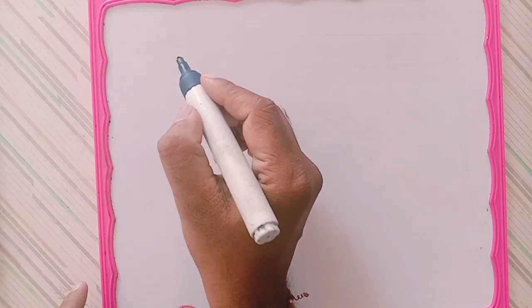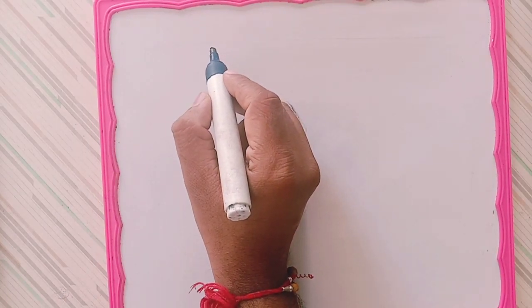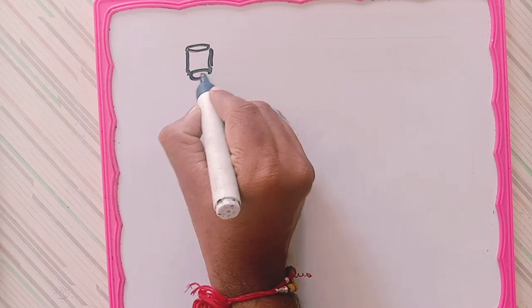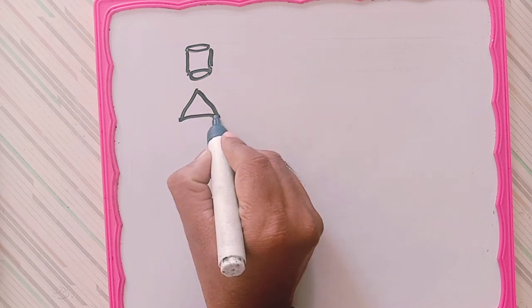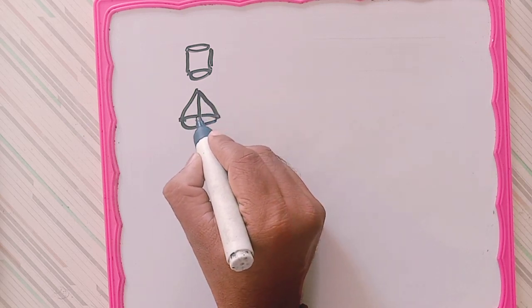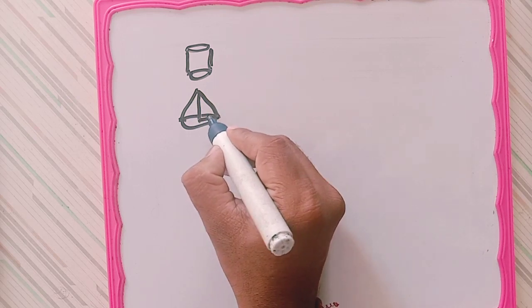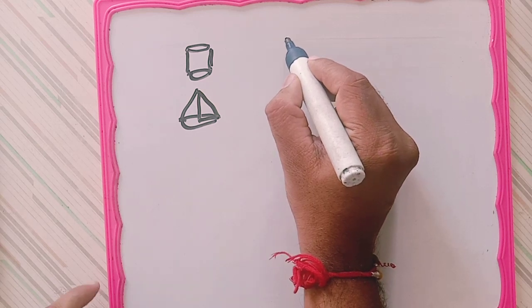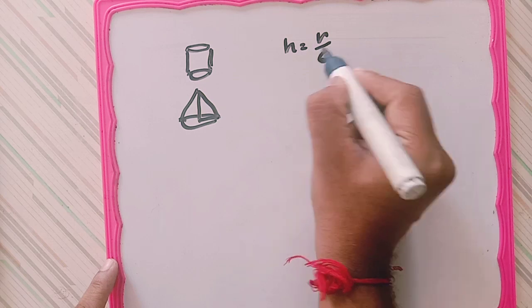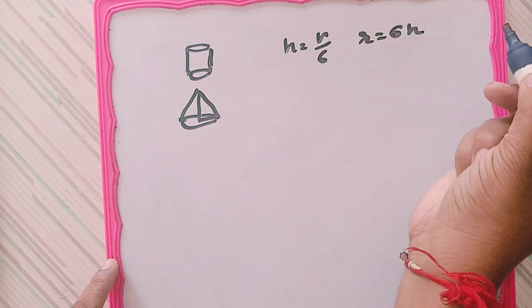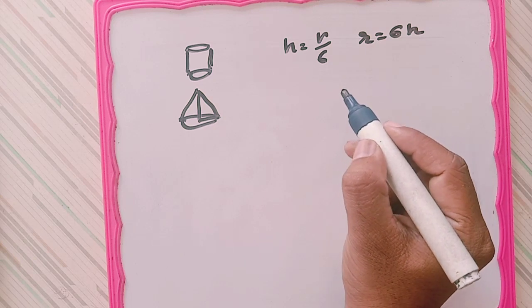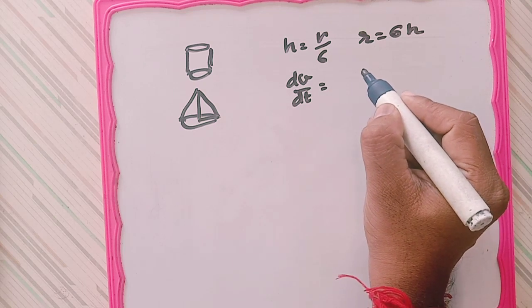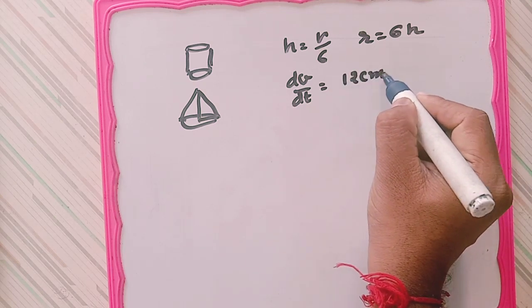So the situation is like this. A cylindrical pipe is there, through it the sand falls and the cone is formed. Then this height is increasing, and the height and base radius relation is given, that the height is always 1/6 of the radius, so h equals r/6, and so r equals 6h. Also it is given dV/dt is 12 centimeter cubed per second.